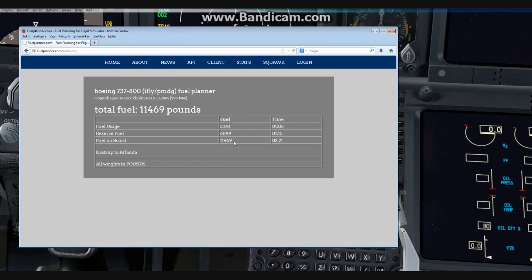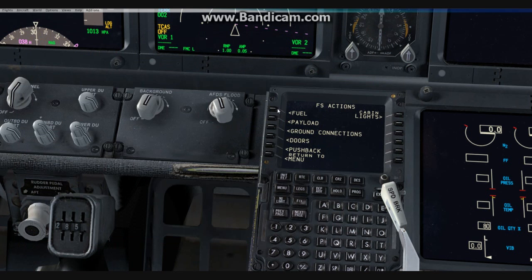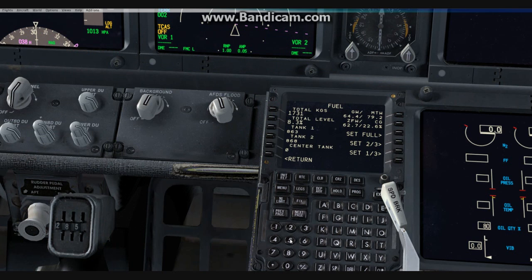The thing that I do, I only divide it by 2. It should be close enough. So around about 6,000 kilos, a little bit less. We can take a 5.7. So we have 5.7, so I'm gonna go to fuel, enter 5.7